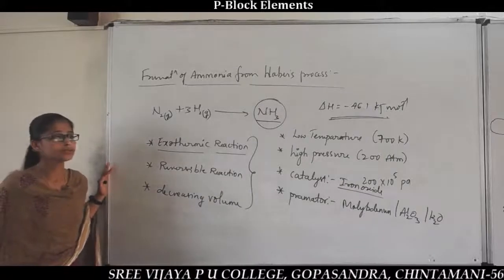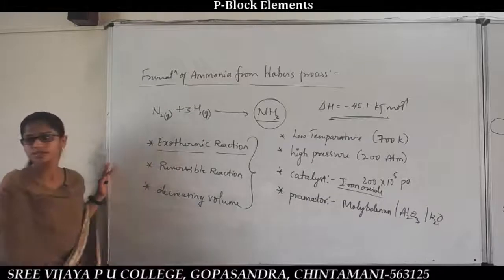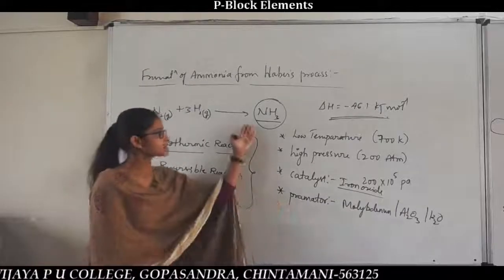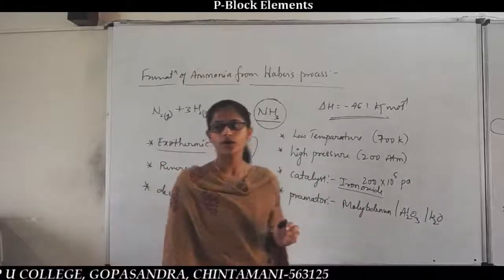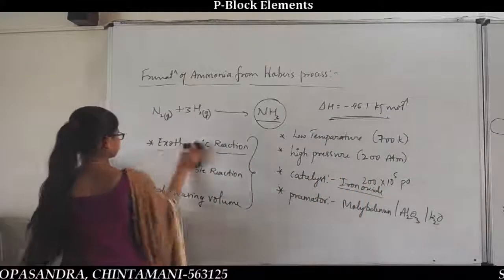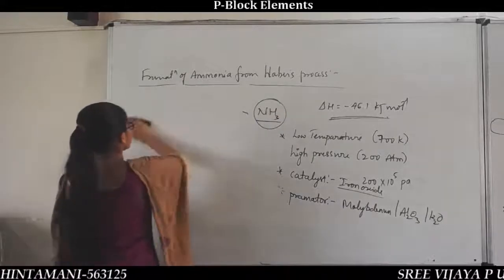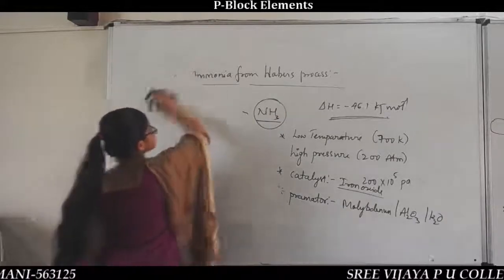Actually, we have to represent it in a flow chart. These are the actual reactions, the system reactions. This is the reaction condition. This is the actual reaction. So now we have to represent it in the form of a flow chart. The diagram or flow chart is very, very important for 2 marks.